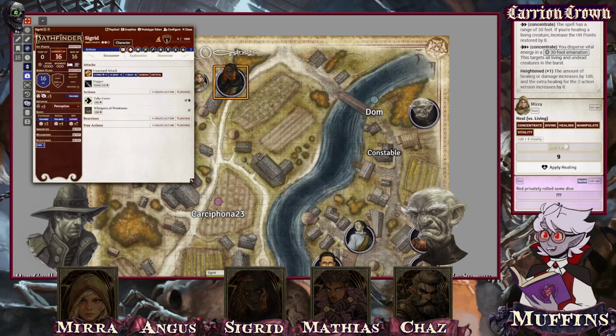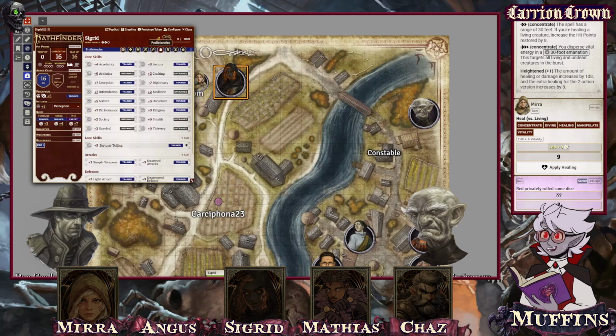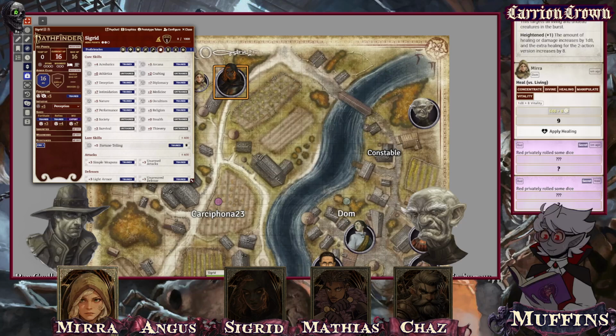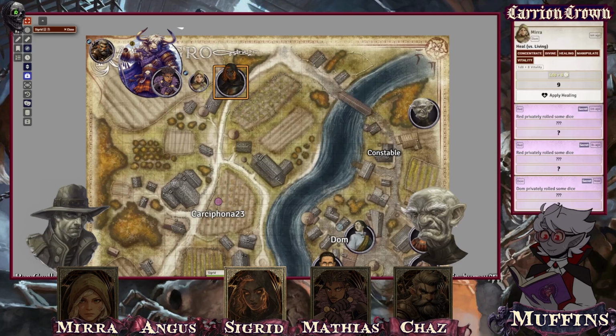So, from Mira and Sigrid, I will need two religion checks from you. Yes, please. I'll use a hero point if I need to. Okay. Are you willing to do the same, Sigrid? No. Okay. I'm not confident in my ability to help with this. Okay. So,